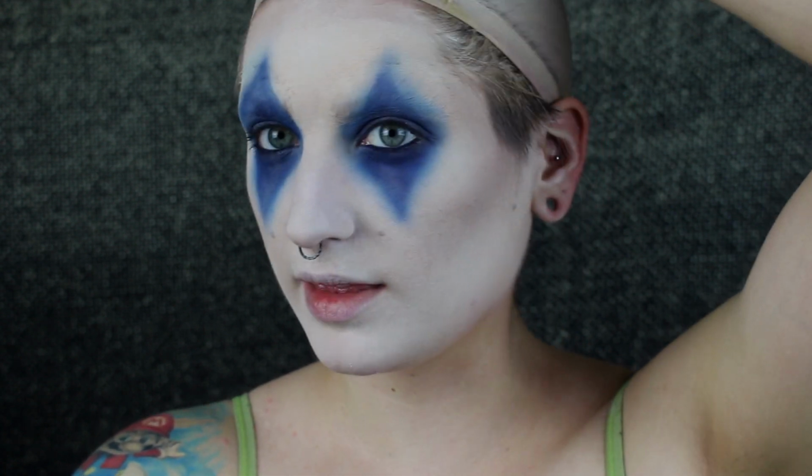Oh, I feel like I love this side, but I don't love this side. I don't know what happened here. I hate that eye though. I really like this one. I'm gonna take off half my makeup and catch this eye up to speed with this one, and we will resume. Quite frustrated. All right, I'm back with the other eye done again,